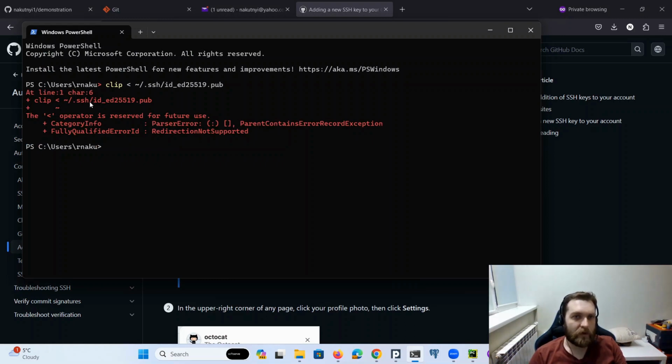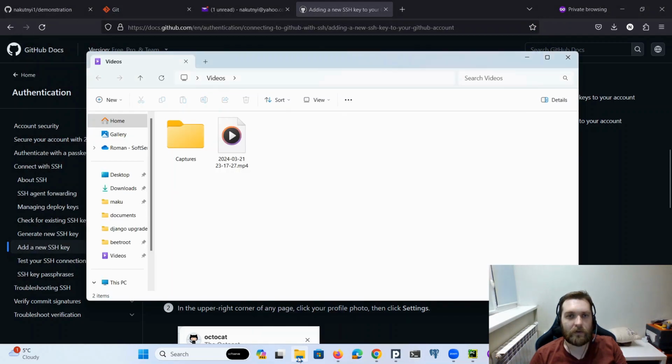Something is wrong here. You can see the error. Okay, it doesn't work this way for me. So obviously I have to find another way to do it. And what this command does, it basically copies the contents of your public key. There's a pair of keys, public and private, and we need a public one to be uploaded to your GitHub account. So what I can do instead is just open the file